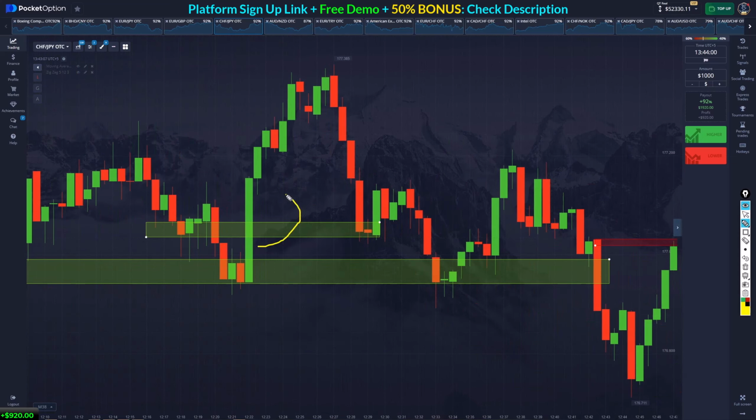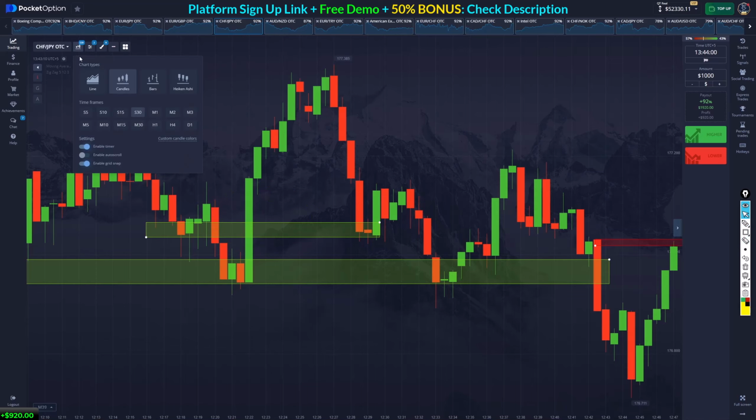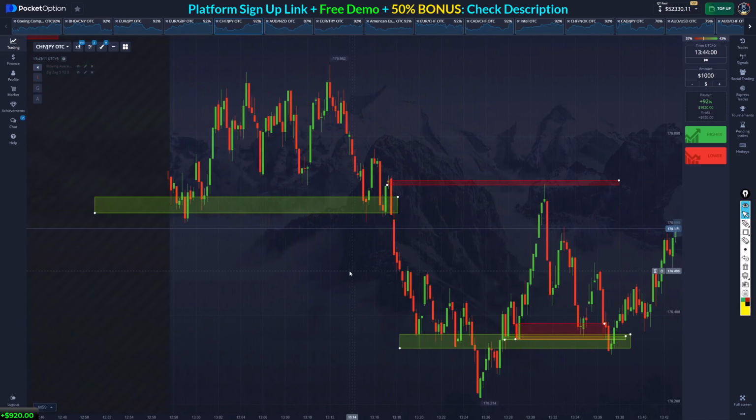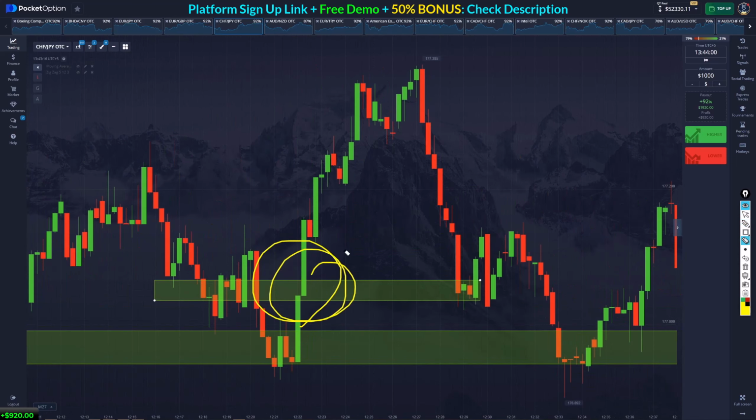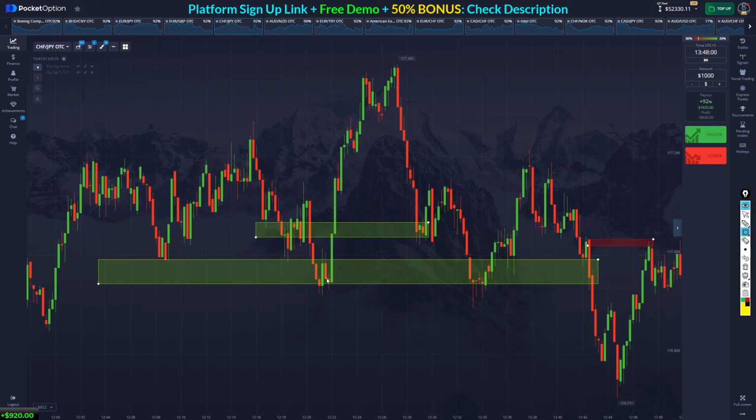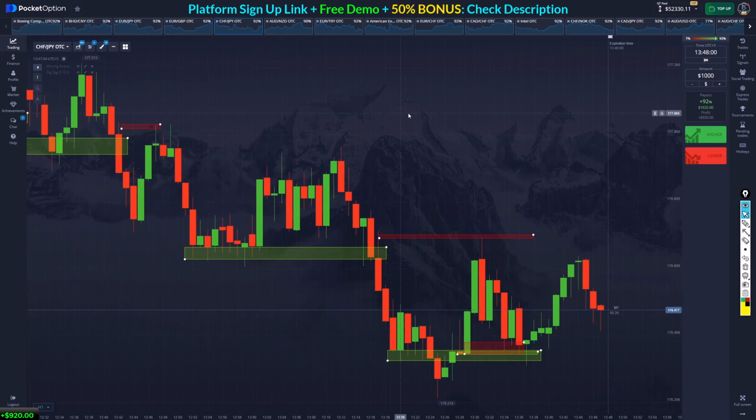Okay, do you see any fresh supply right here? You don't see that. Let's go to 15 seconds. Do you see any fresh supply right here? You don't see that. The fresh supply is down here. You can see that. So the price reacted from this area. You probably would take a doji break on 1 minute, and then it came down to this fresh supply and jumped up. Okay. If we go back to 1 minute,